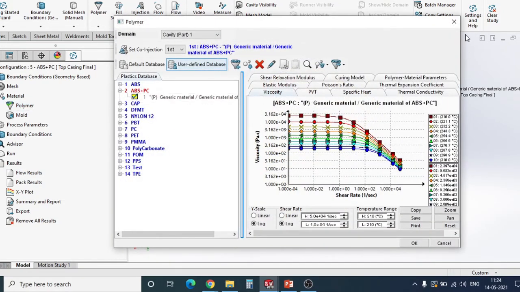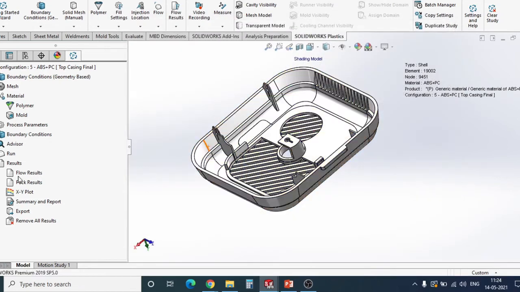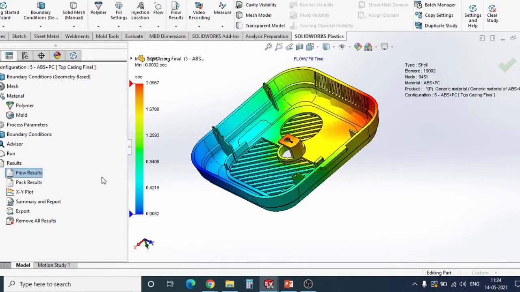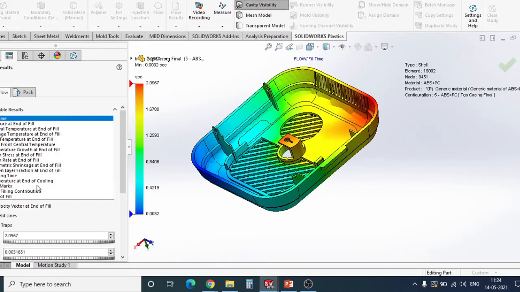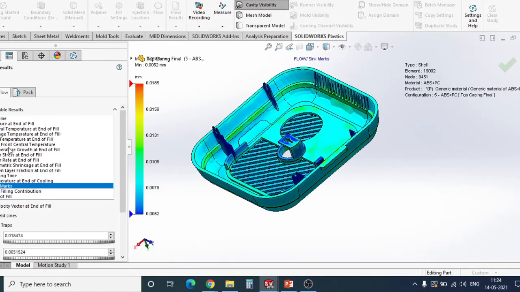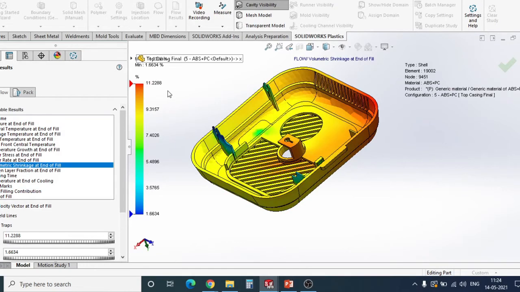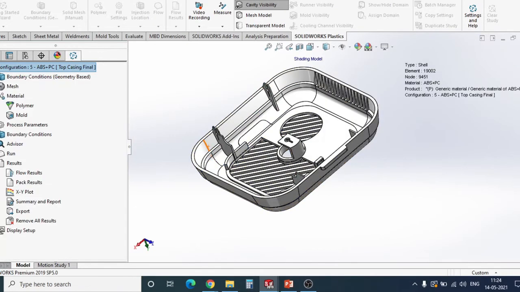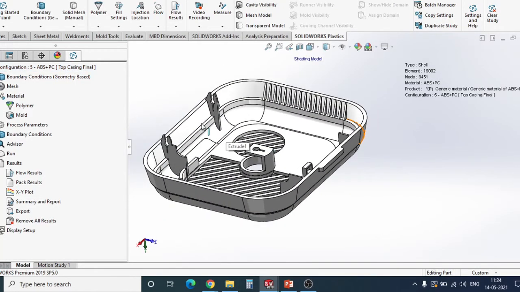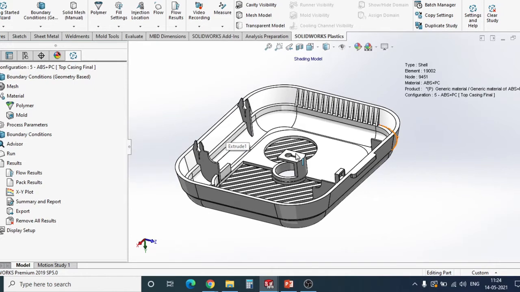Now I am using ABS plus PC, and again you can just run it and check the results. The sink marks or the volumetric shrinkage has reduced a bit as compared to the previous analysis I have done. So this will guide you in creating your tooling, or setting up the injection molding machine properties.